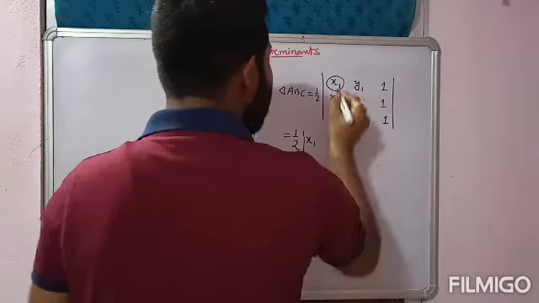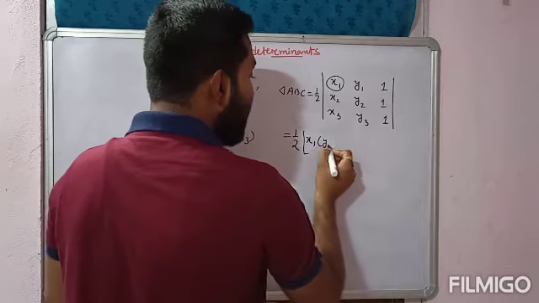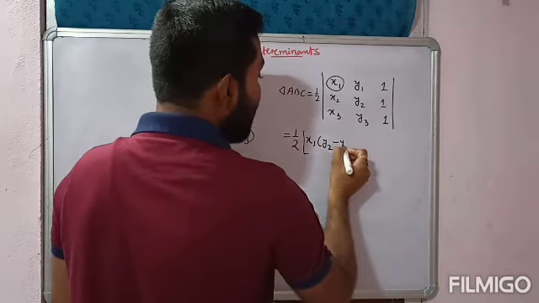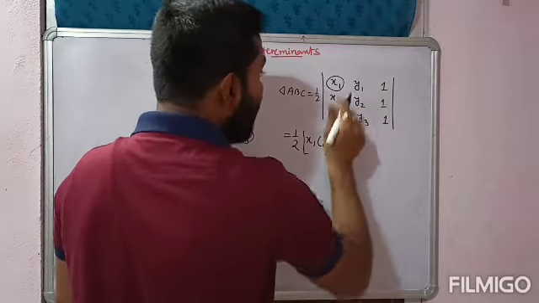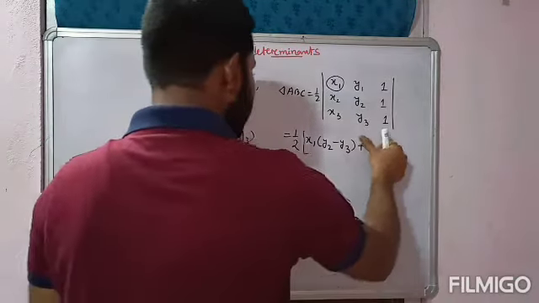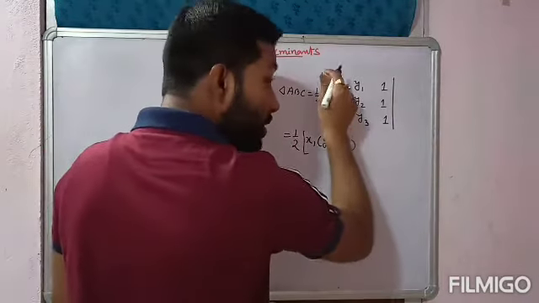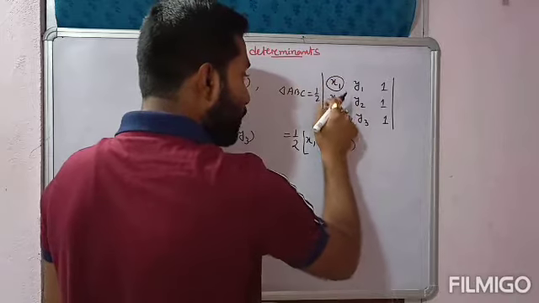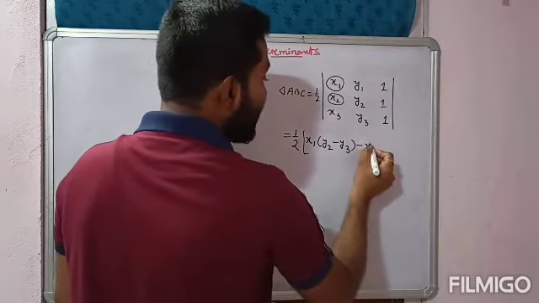Then what remains? y2 into 1, that is y2 minus y3. Now I am expanding along the first column. What is the second element? The second element is x2, so minus x2 into,